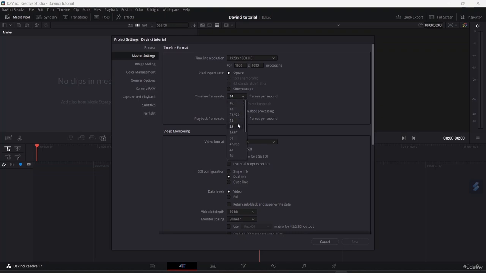Basically we choose 24, 25, 30. For me, I work with 24, 25 basically most of the time. So I'll choose 30, 25 here. And we have to make sure that the playback frame rate is also the same as the timeline frame rate. And here, if I want to save this setting, like the resolution, and I want this setting only in